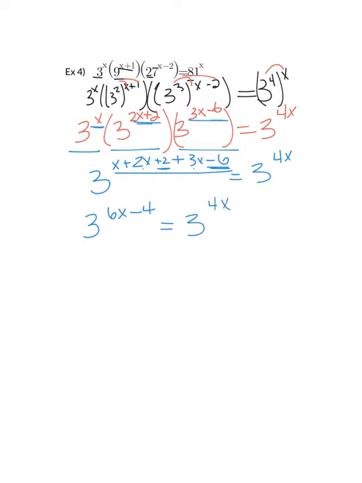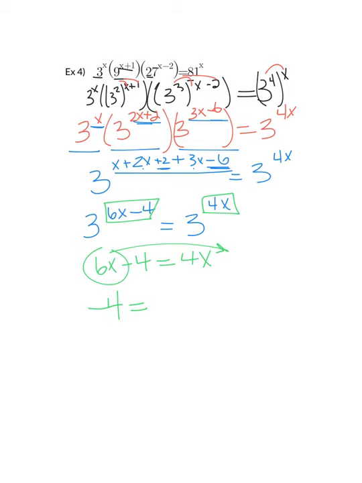My bases are the exact same, so I'm going to equate my exponents. So 6x minus 4 is equal to 4x. I'm going to bring this 6x over onto the right-hand side, and I'm going to get negative 4 is equal to 4x minus 6x. So a negative 4 is equal to a negative 2x. Divide both sides by negative 2, and I'm going to get 2 is equal to